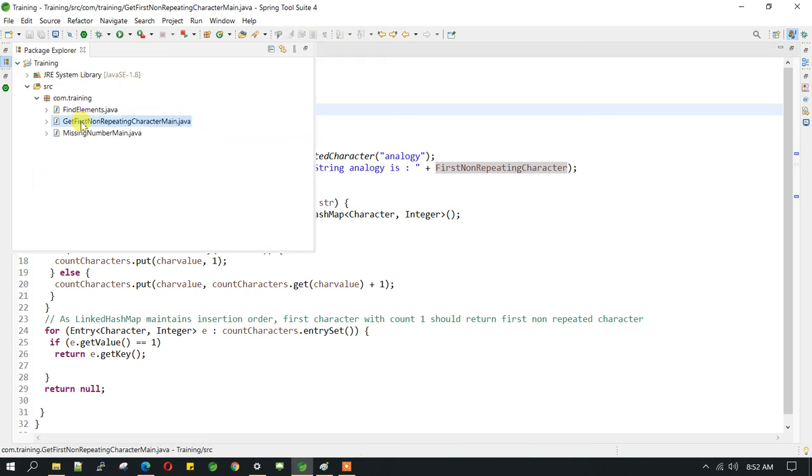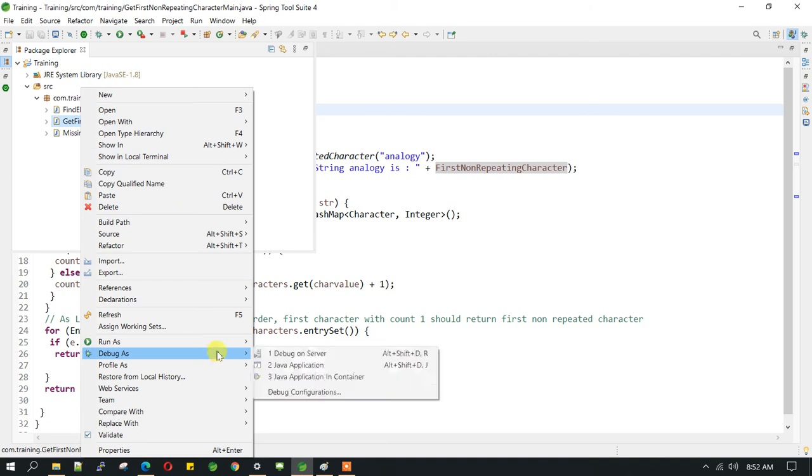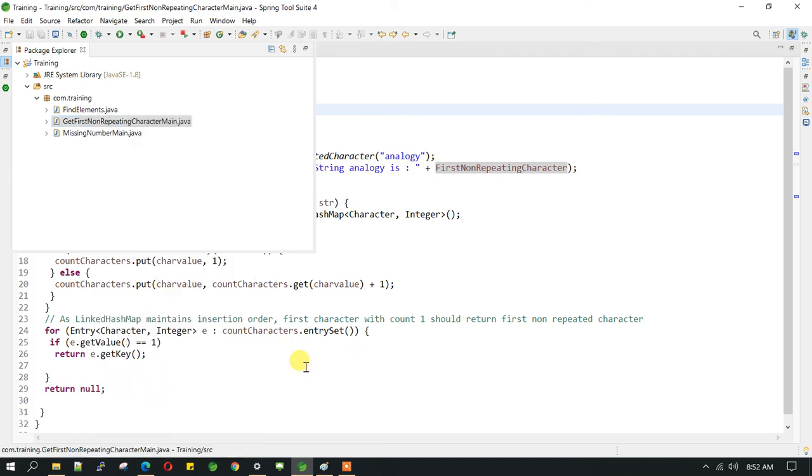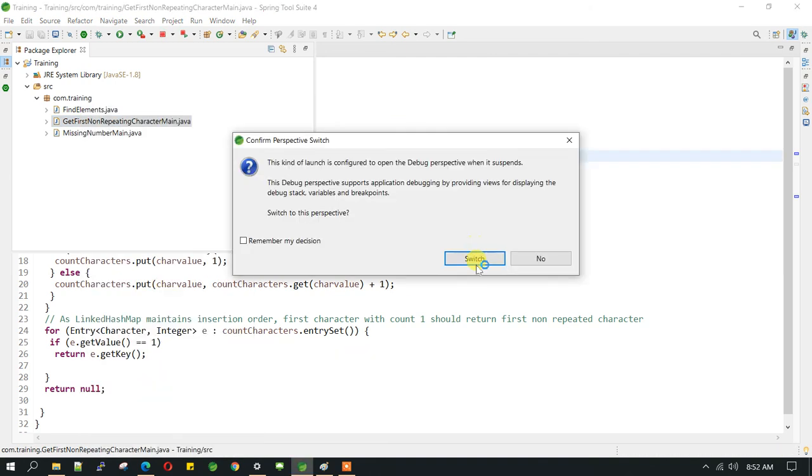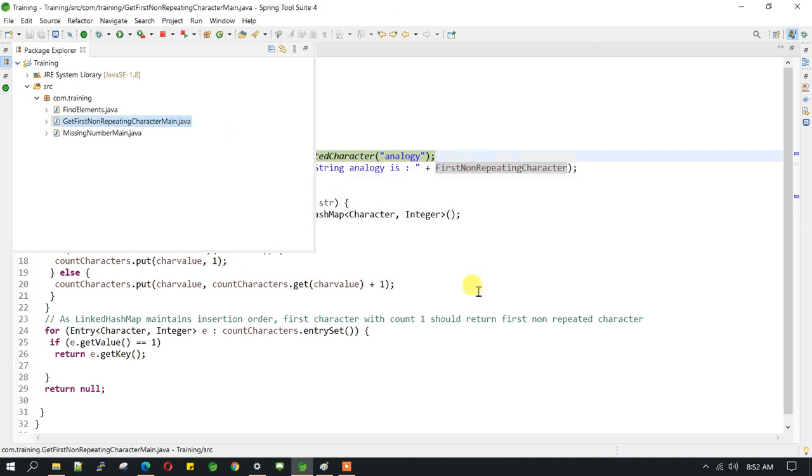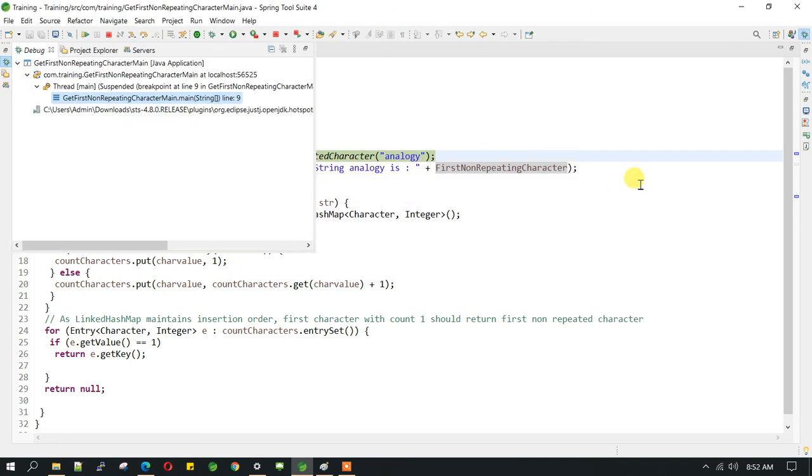Let me go here and run this in debug mode. We'll switch to the debug mode so that we can see the variables which are changing.